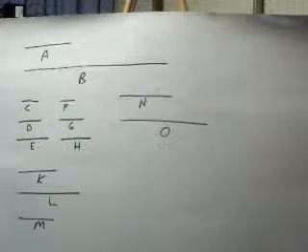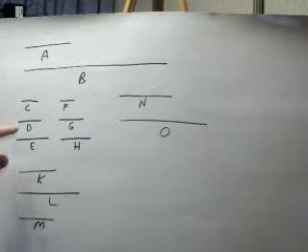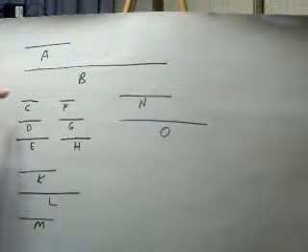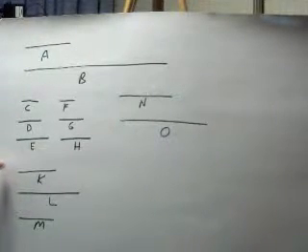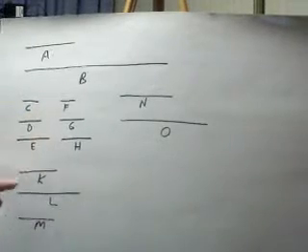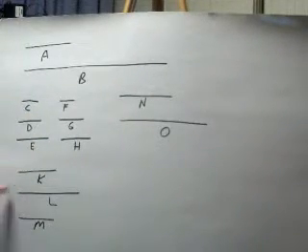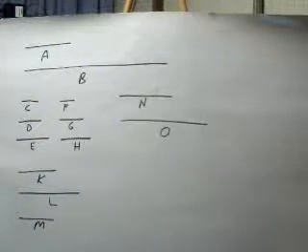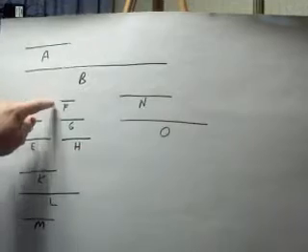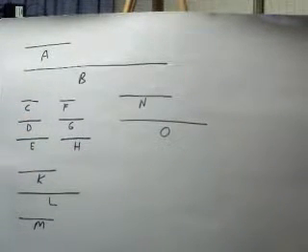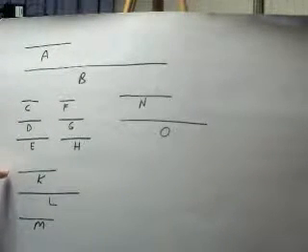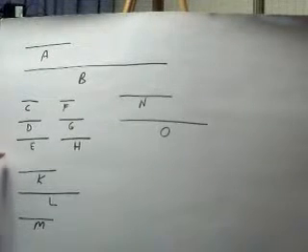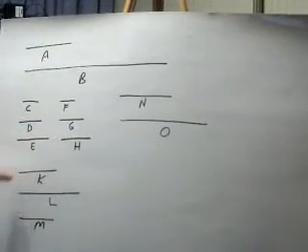For let C by multiplying D, so C times D, make K. And let F by multiplying G make L. F times G makes L. Now, since C and D are in the same ratio as F and G, so as C is to D, so is F to G, and K is the product of C and D, and L is the product of F and G,